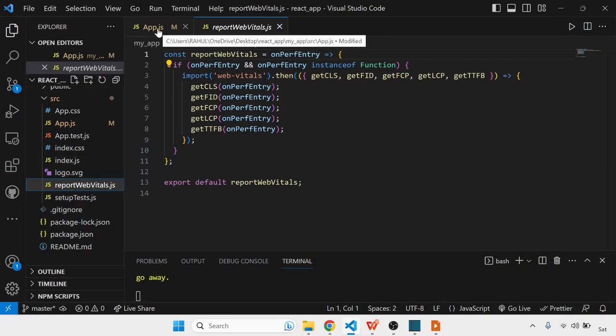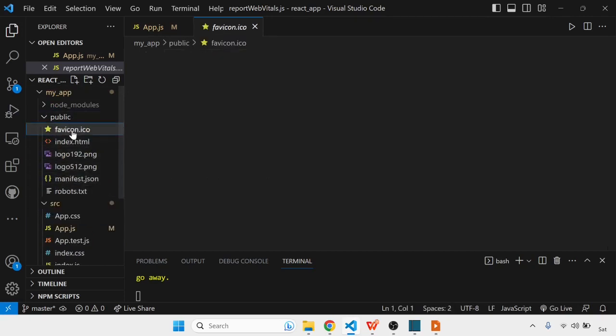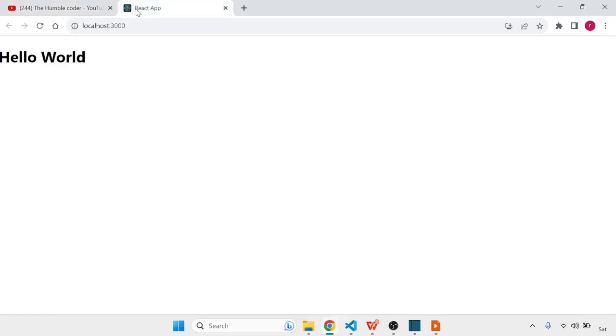Besides these, you might come across other files and directories depending on the requirements of your project. Some files include the favicon. So for example, in the public folder, you can see the favicon is there. Now this favicon is the icon of your website displayed in the browser tab. So basically when we run the application in the browser, you can see there is an icon in the title of the app, right? So you can see this icon. That is called our favicon.